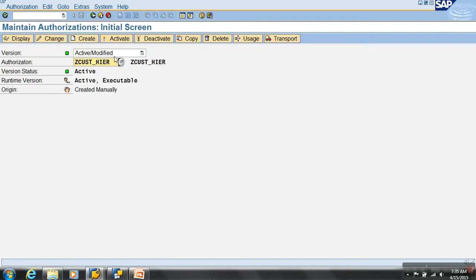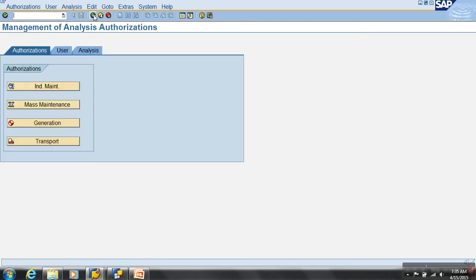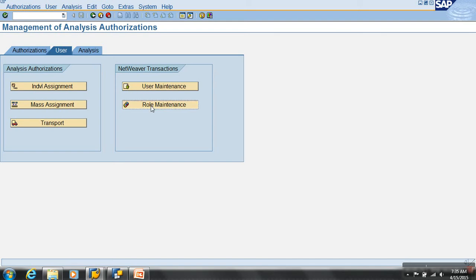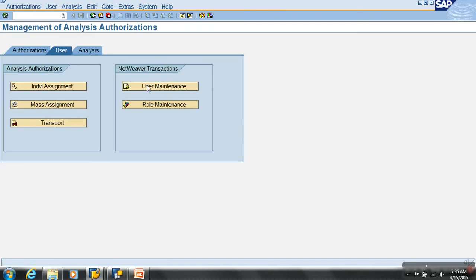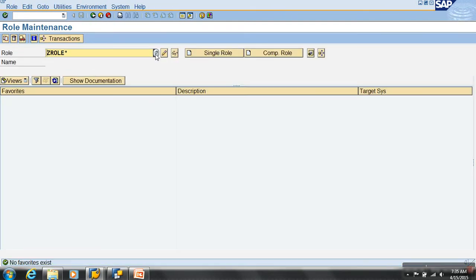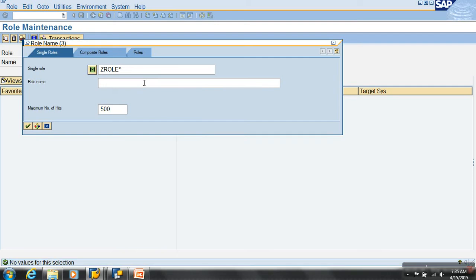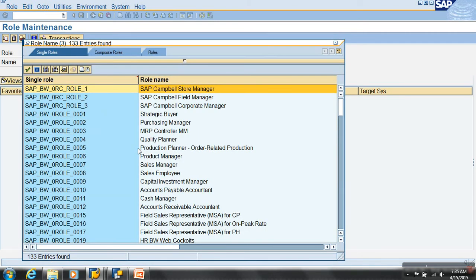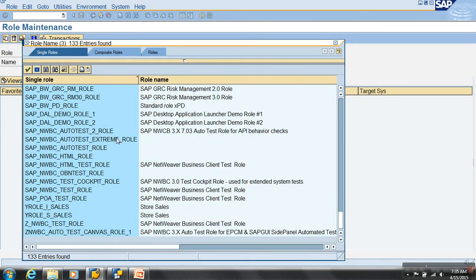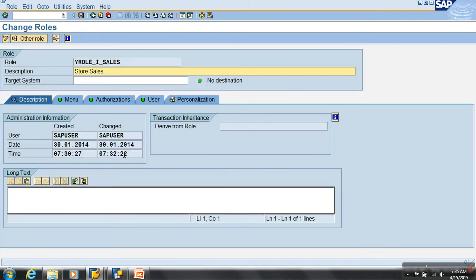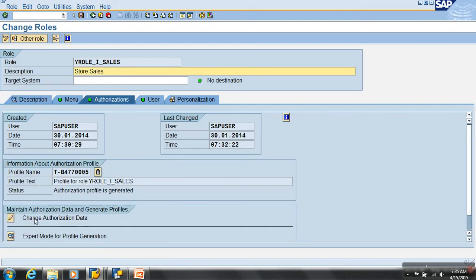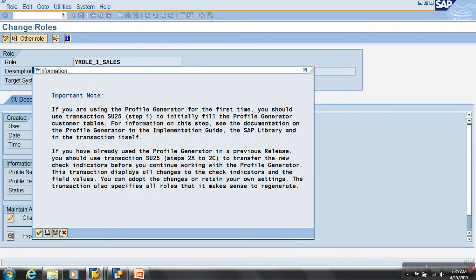Now I'll have to assign this to a role. Role maintenance. I think I already have some roles, a Z role. I'll use this same I user.